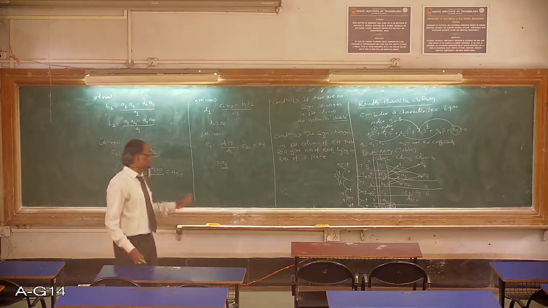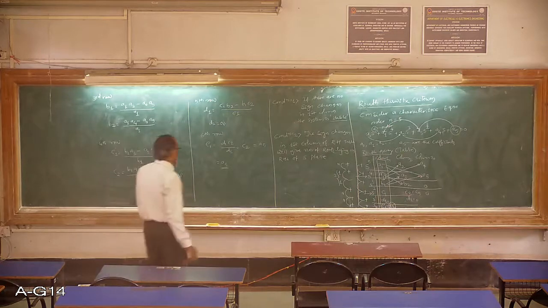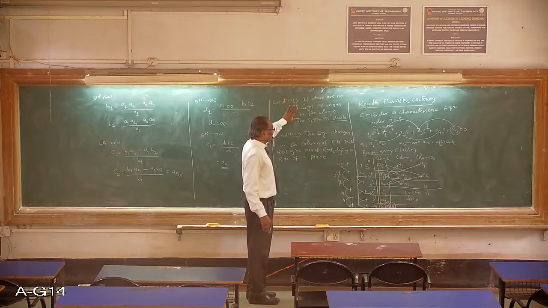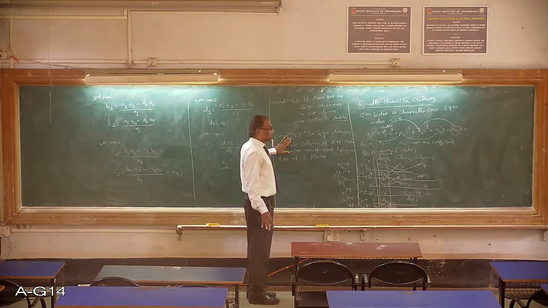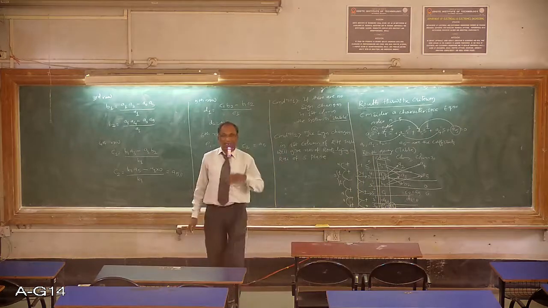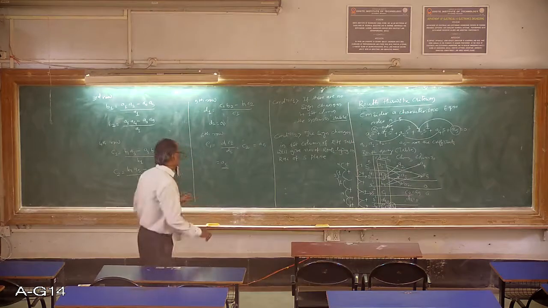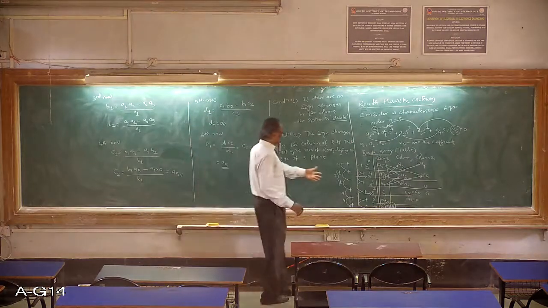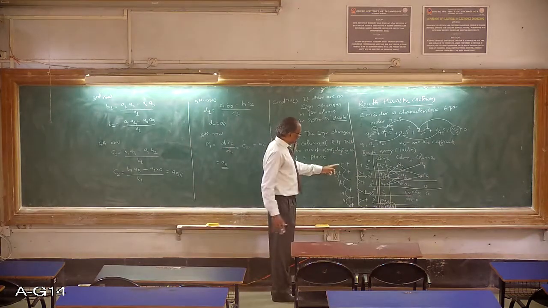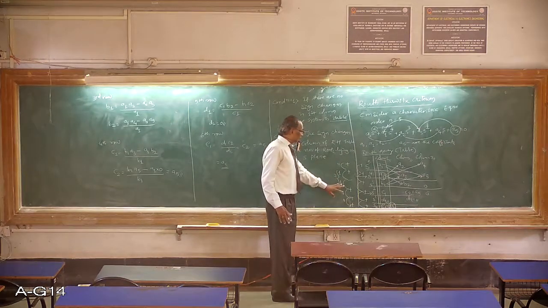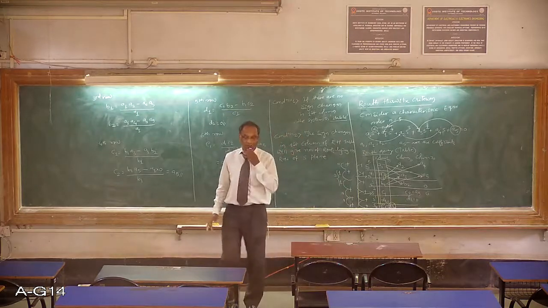It is difficult to express these things in this RH table. The main concepts are: the system is said to be stable if there are no sign changes in the first column of the RH table. If there are sign changes in the first column, that many roots are lying on the RHS of the S plane and the system is unstable. So two sign changes means two roots are on the RHS. How many are left? 1, 2, 3. There are no three sign changes, so three roots are lying on the LHS of the S plane.